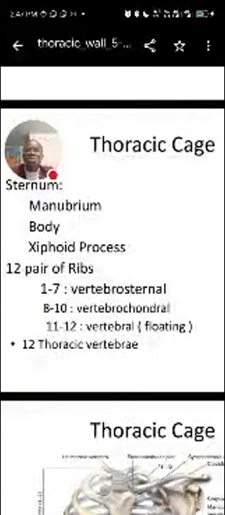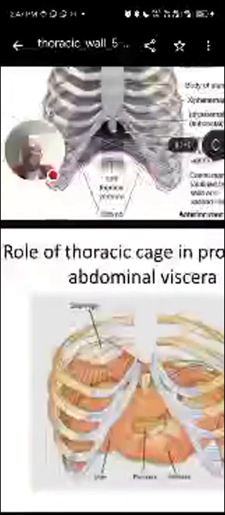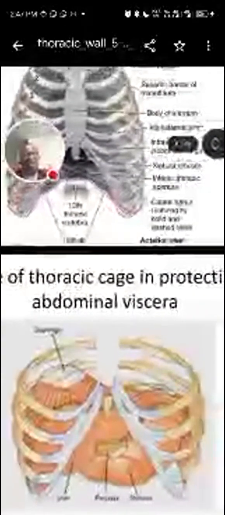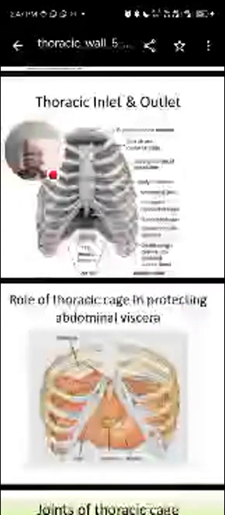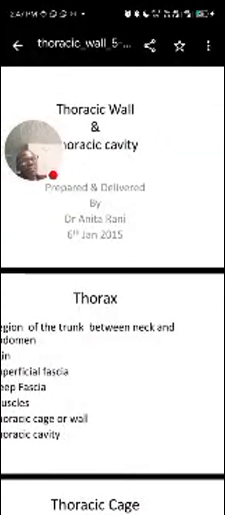So the function of thorax is very simple. It is to protect the viscera, the abdominal viscera. You can see it here, the role of the thoracic cage in protecting abdominal viscera. So that's the function of thorax. And the next thing we talked about was the characteristics of thorax. We said